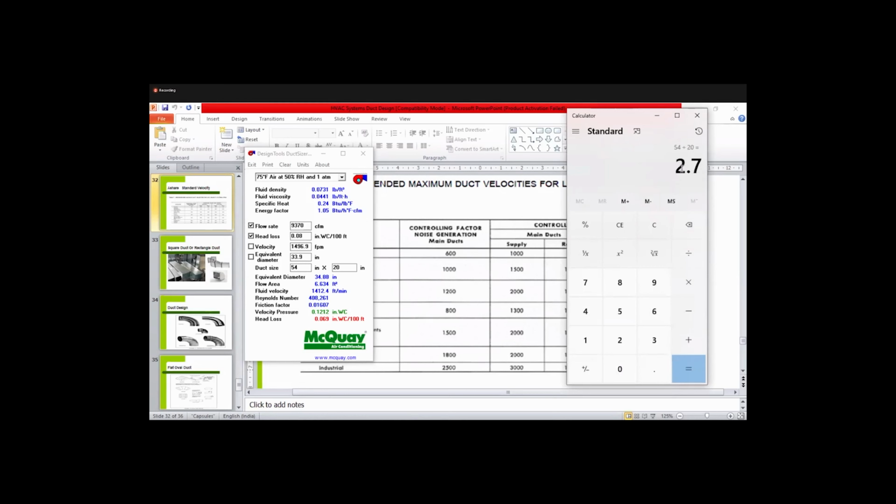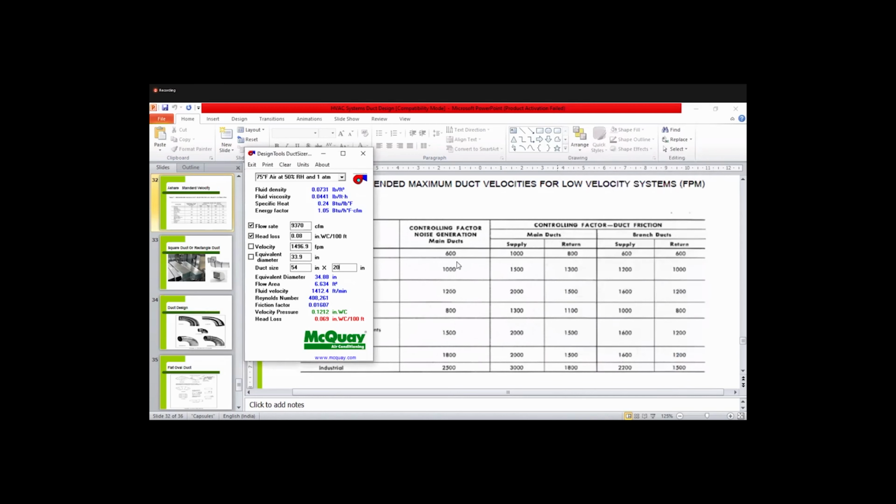So 2.7. It's not exceeding 4, no? As I have told, within 4:1. So this divided by this, we get 2.7. So it should not exceed 4. Okay, if it is 4.5 or 5, we should not take that size. So 2.7 is okay.